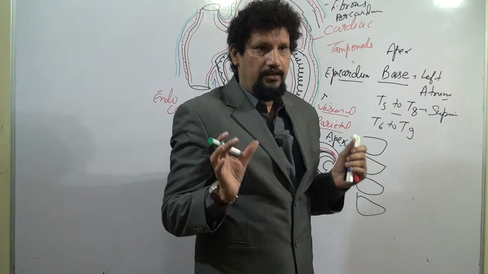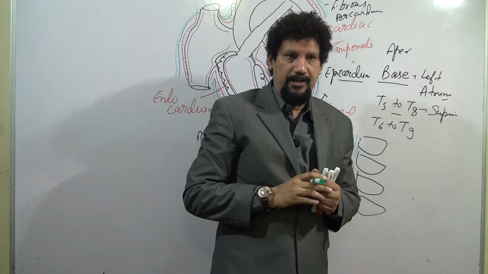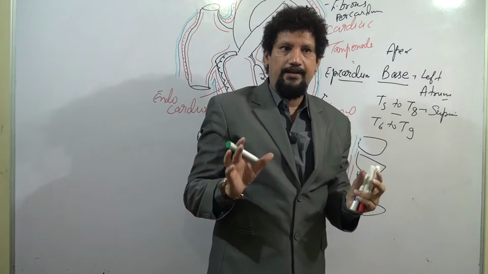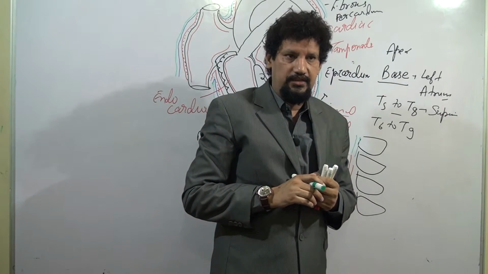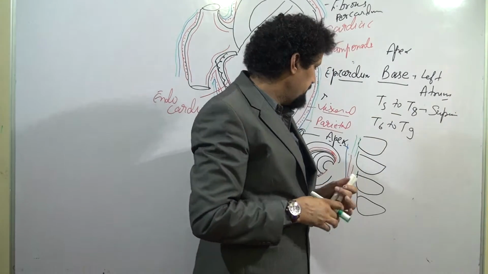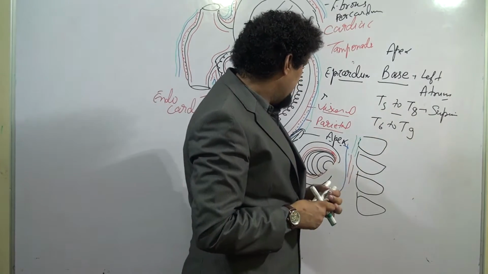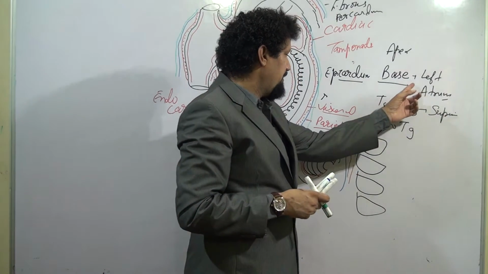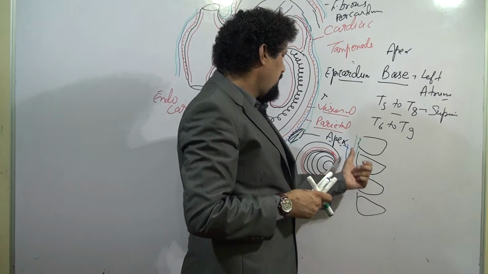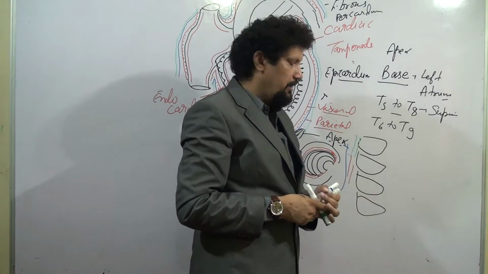The reflection of the serous layer of the pericardium, when it reflects from the great vessels, is forming these sinuses. So the oblique sinus separates the left atrium from the descending aorta and the esophagus, and